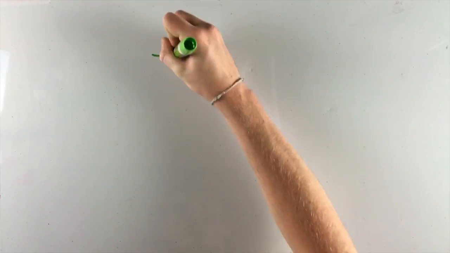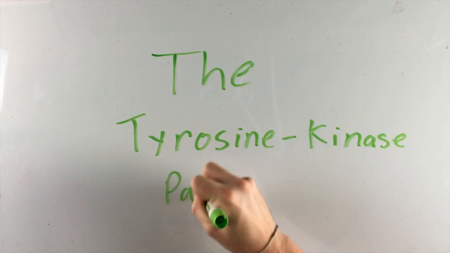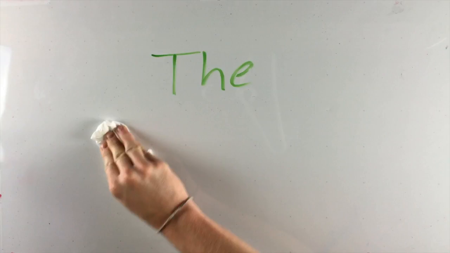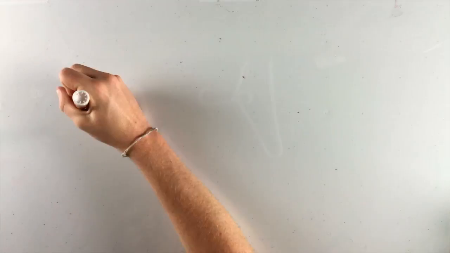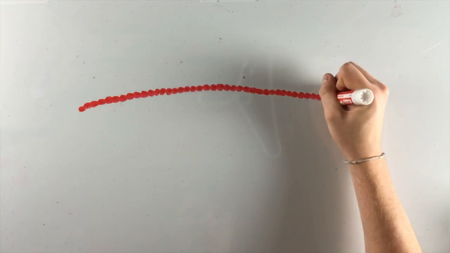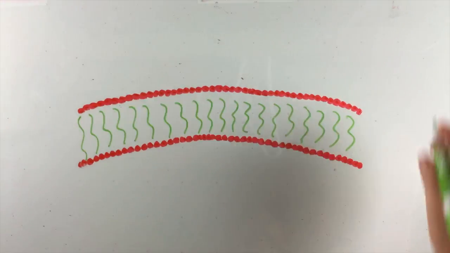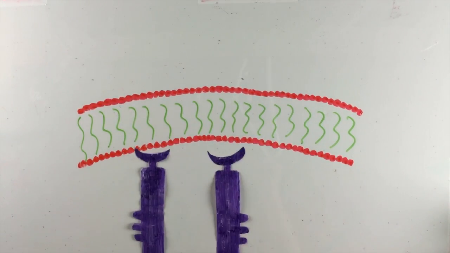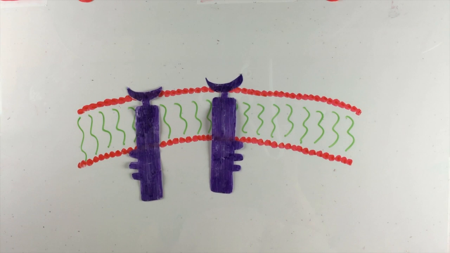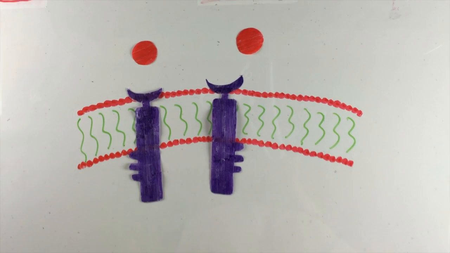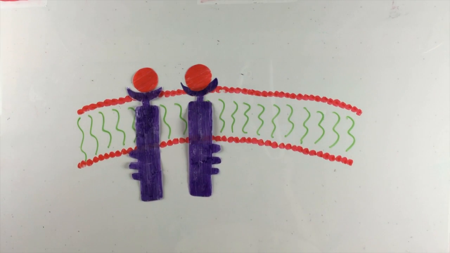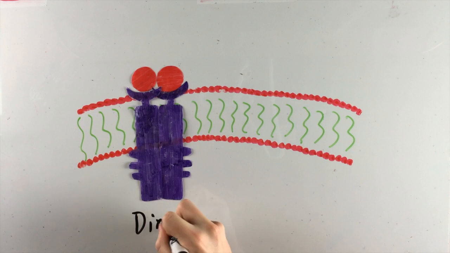The next part is a tyrosine kinase pathway. Before the ligand binds, receptor tyrosine kinase proteins exist as individual monomers. The binding of signal molecules instigates a process called dimerization, where two receptor monomers associate closely and form a complex